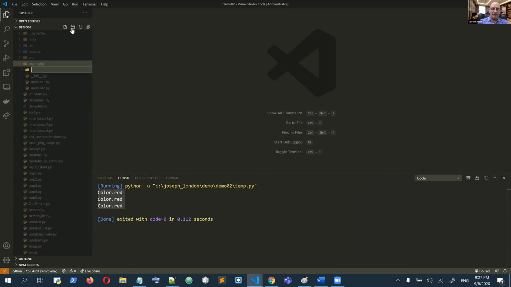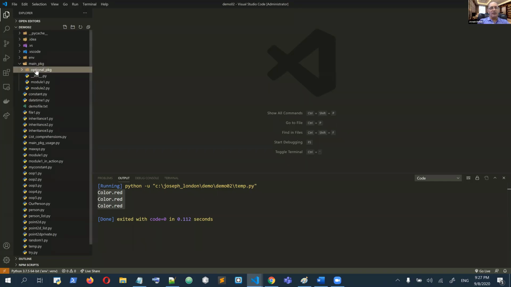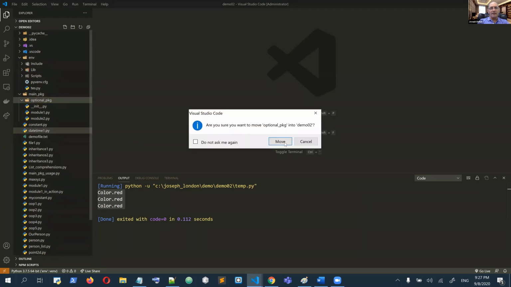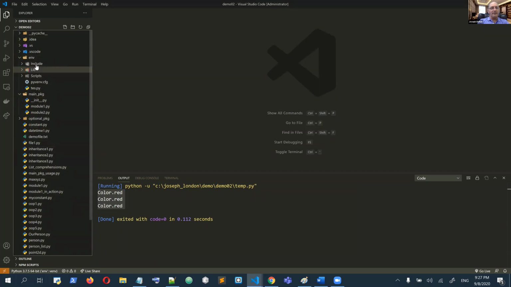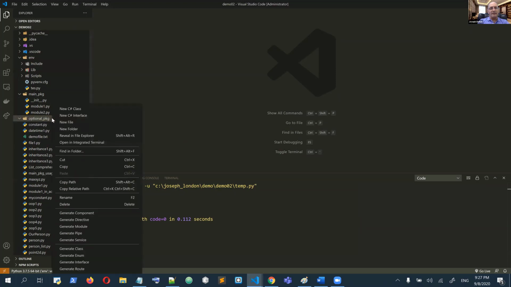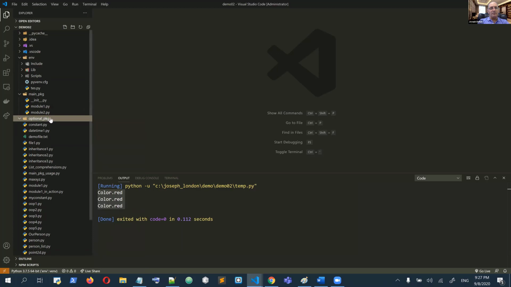So let's say optional package. So this is the optional package. I put it outside. Okay, this is the optional package. Now I can write inside the optional package a module,